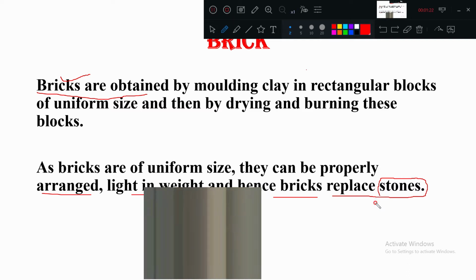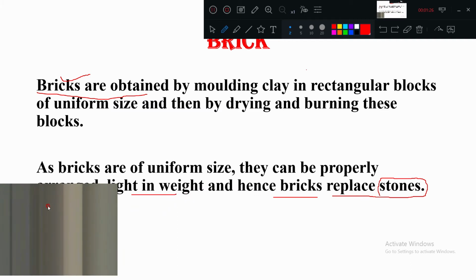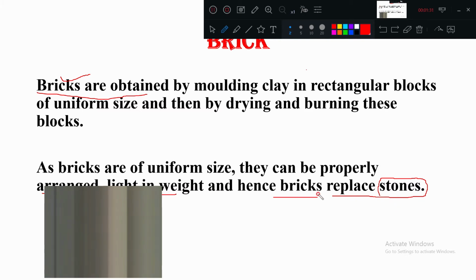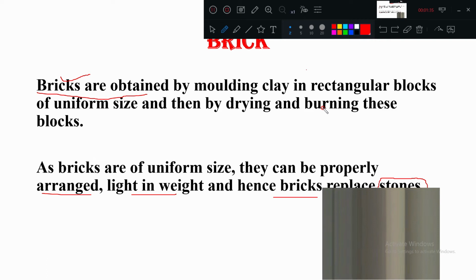They are not in a regular shape, but bricks are light in weight as well as of uniform size and shape. So they can easily replace the stones. So how are they manufactured? By molding the clay in rectangular blocks, and then drying and burning them, we will get bricks.